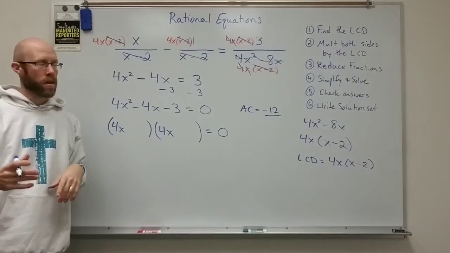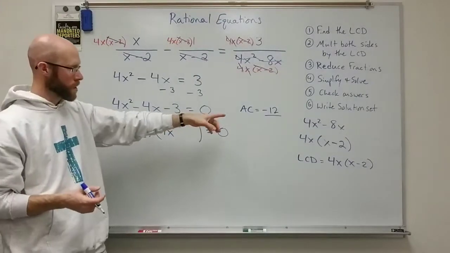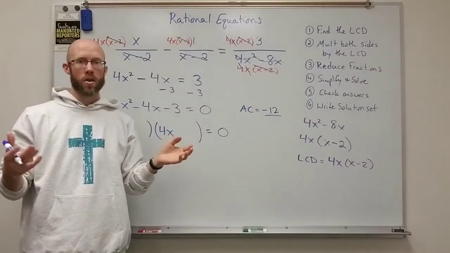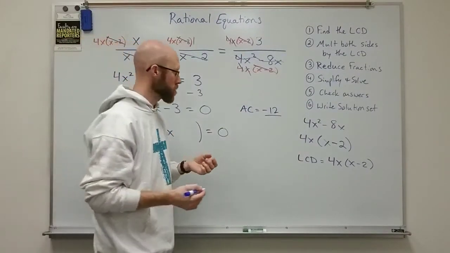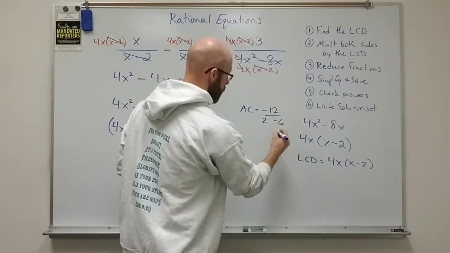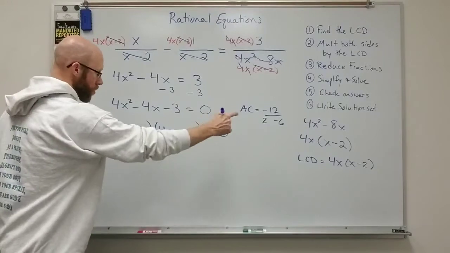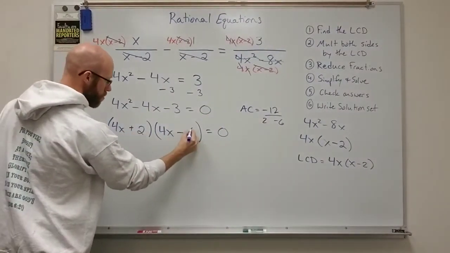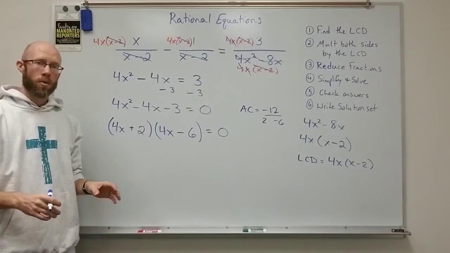Well, think about it, you've got 1 and 12, and obviously something's got to be negative in there. The bigger one will be negative. So 1 and -12, 2 and -6, 3 and -4. Those are the only options, and it's the 2 with the -6 that add up to the -4. So we put those in the parentheses, +2, -6, and remember, with the modified AC method, we've got to get